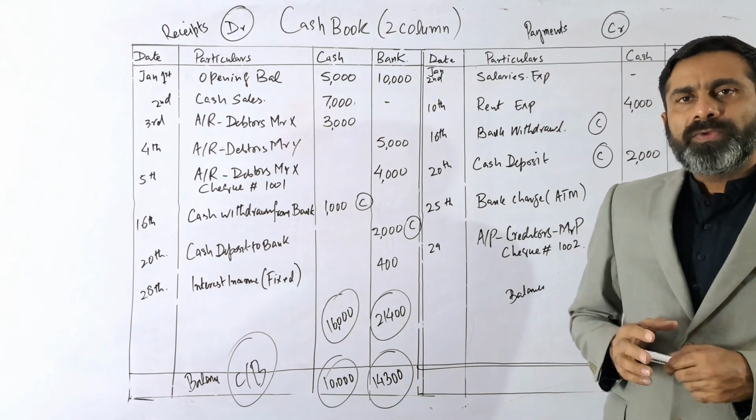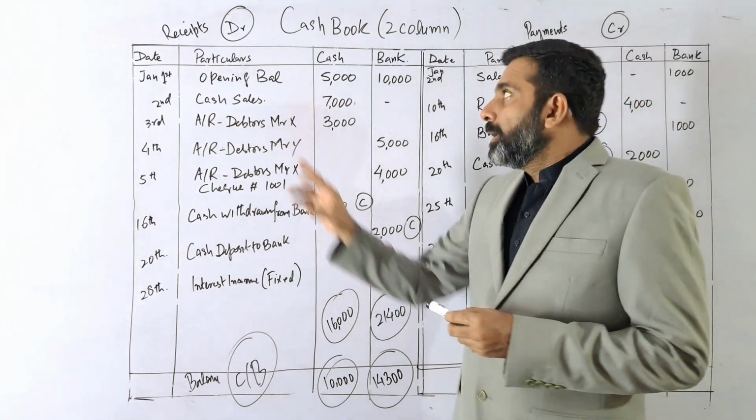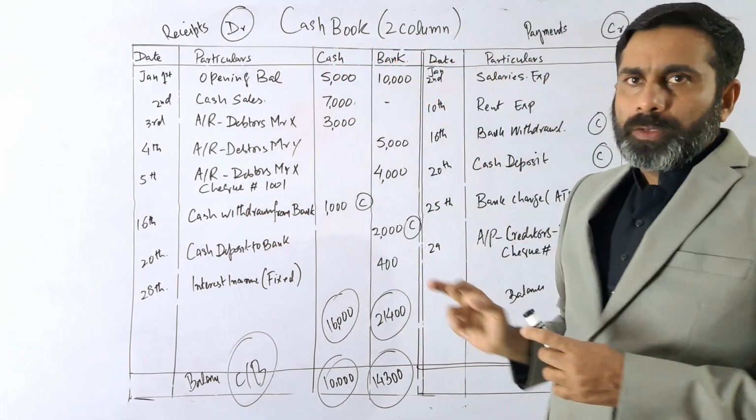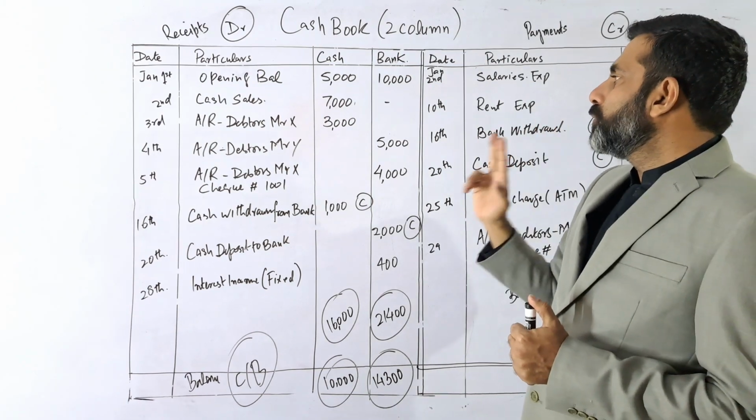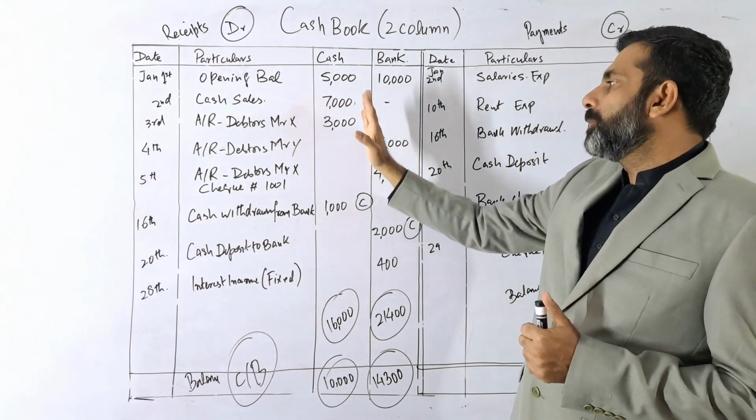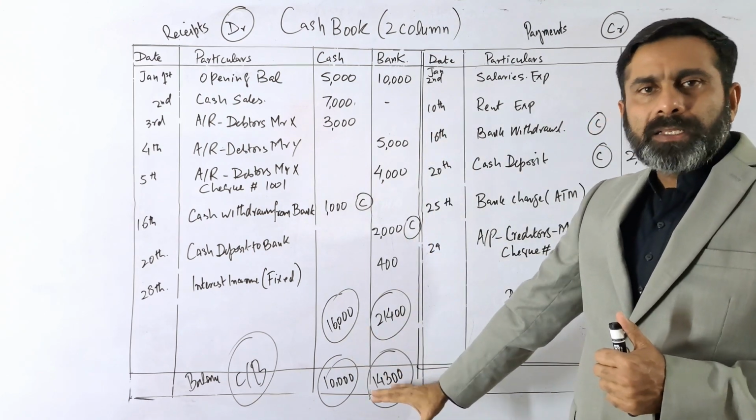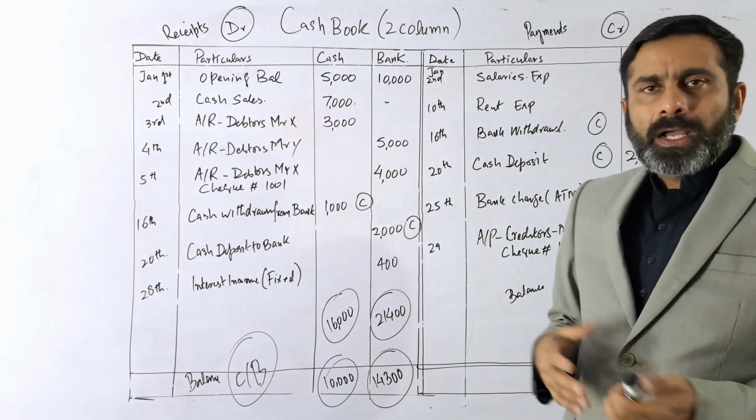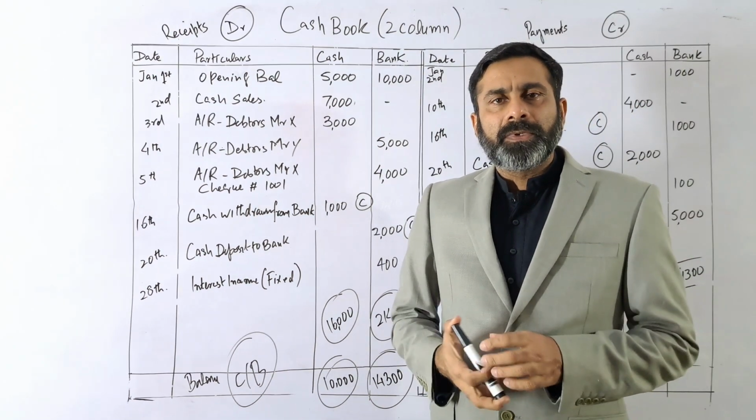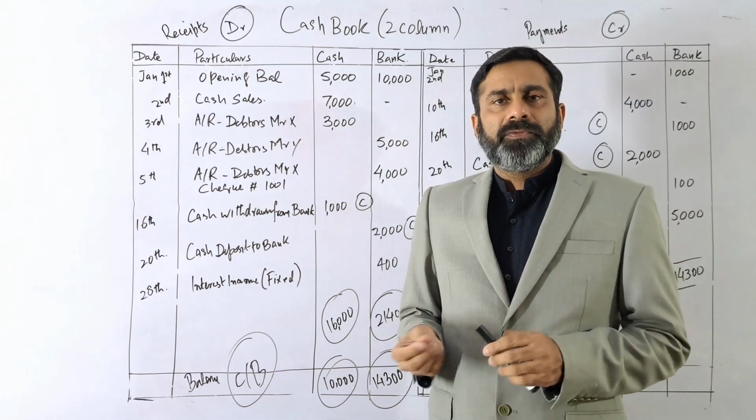So this is how we prepare the cash book, the 2-column cash book. Why are we calling it 2-column? Because it has both the columns, cash in hand and cash at bank, and we are calculating the balance of both these columns. I hope you have understood the concept,